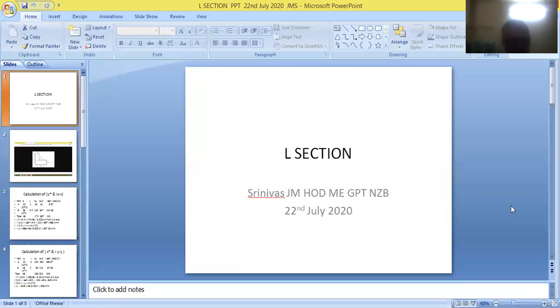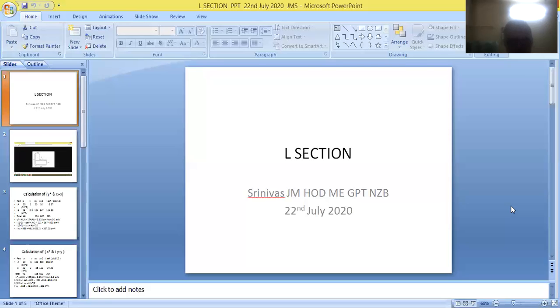So the moment of inertia, the calculation of I values, will be asked in the problem. Unless we calculate the values of X bar and Y bar, we will not be in a position to measure the values of Ixx and Iyy. So friends, these are the questions likely to be asked in the examinations.